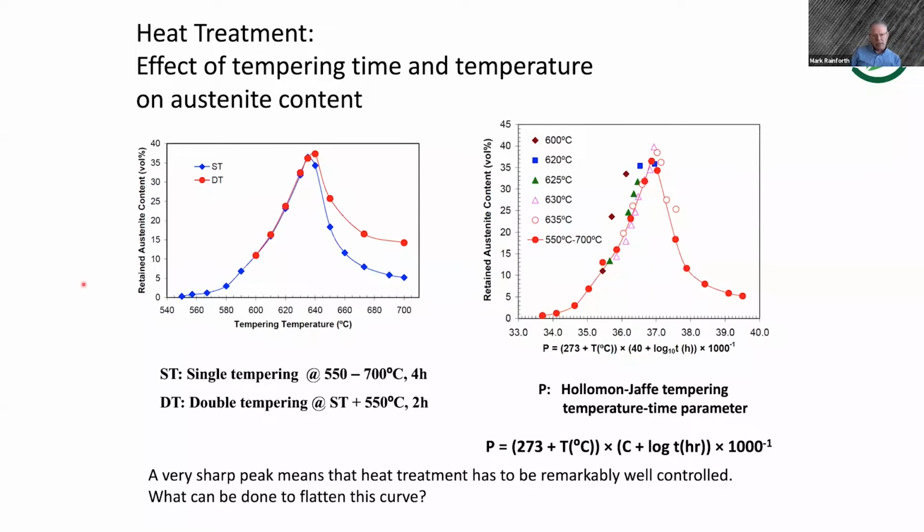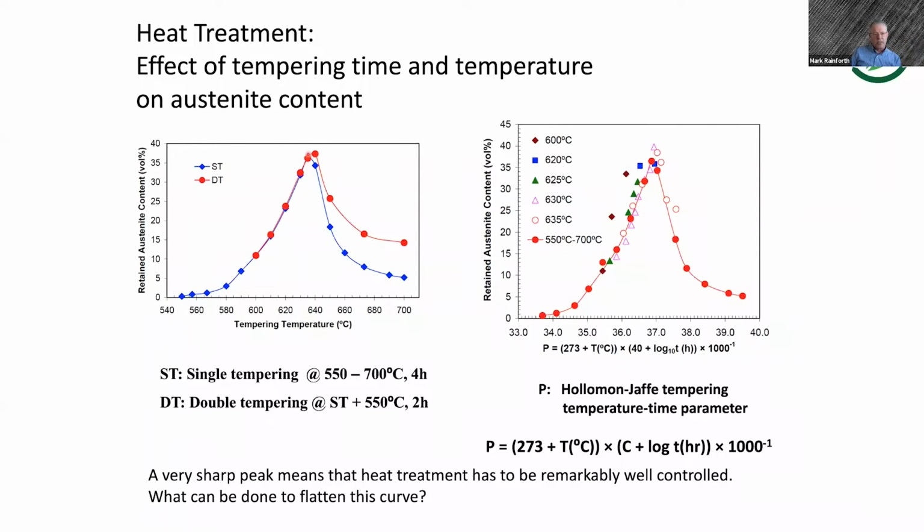So here we're plotting the retained austenite content against the tempering temperature. The blue is for single tempering and the red is for double tempering. And we get this very sharp peak. So just dwell on this. You look at the temperature range here, it is only 20 degrees